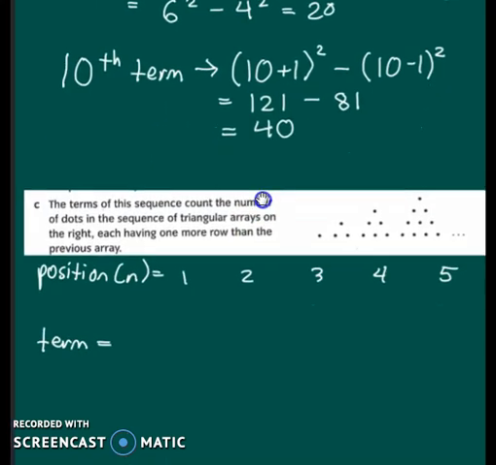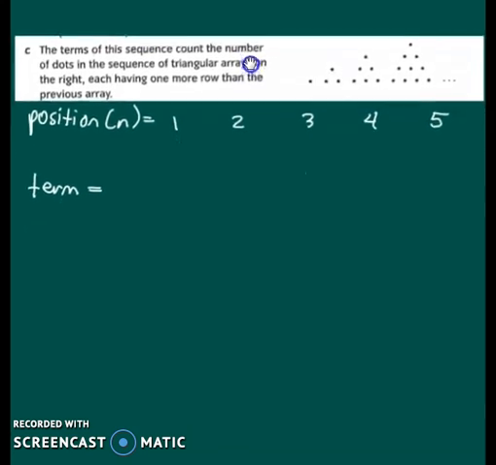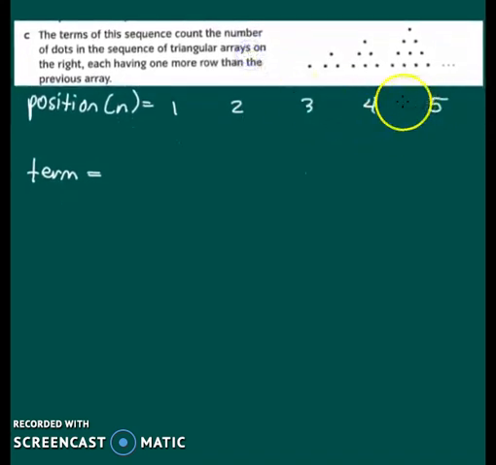Okay, for part C, we're given dots in a sort of triangular form. And let's observe what we have here. So in the first term, we have 1 dot. In the second term, here's that 1 dot again, but this time we've added 2 more. And then in the third term, we have the same triangle from the second term, but we've added 3 more. And so on. In the fourth term, we add 4 dots